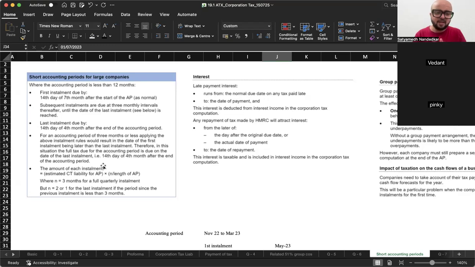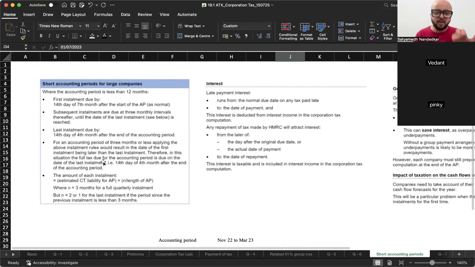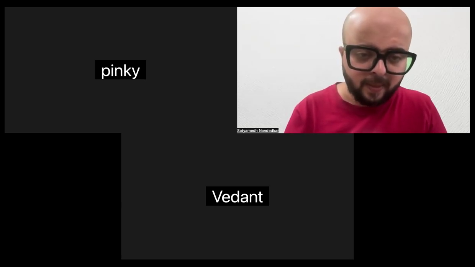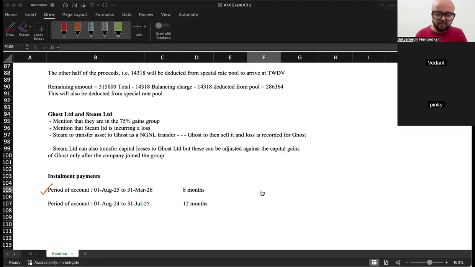अपना less than 3 months वाला period नहीं है, अपना पीरियड है 8 मंथ्स का। ठीक है, सो 14th डे ऑफ 7th मंथ आफ्टर द स्टार्ट ऑफ द अकाउंटिंग पीरियड। ठीक है, आपका अकाउंटिंग पीरियड कब स्टार्ट हुआ? Your accounting period started on 1st of August 2025. तो व्हाट विल बी द डेट? 7th मंथ। अगस्त, सितंबर, अक्टूबर, नवंबर, दिसंबर, जनवरी एंड फेब। 7th मंथ आता है फेब, 14th ऑफ फेब।